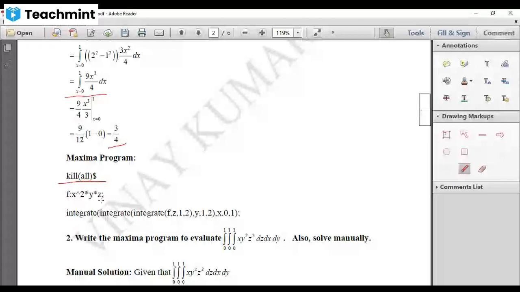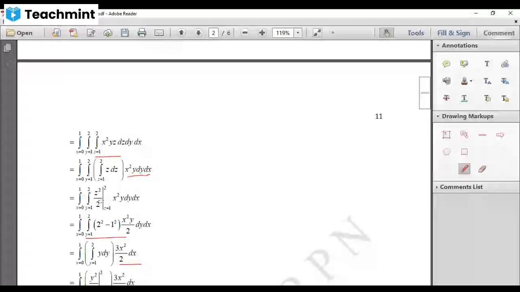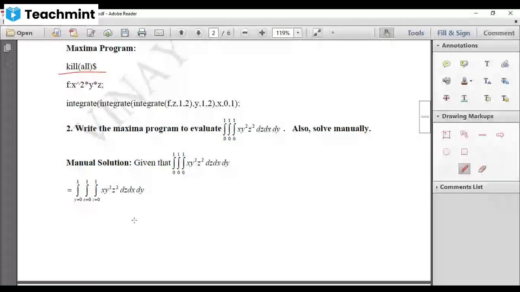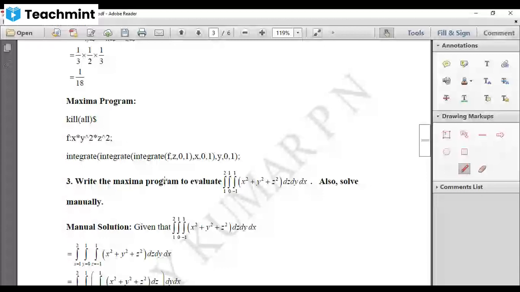After that, now you are having three times integration, isn't it? First, you have to integrate with respect to z. So first I have to integrate this function with respect to z. The innermost integral gives you integration of the given function with respect to z. Then afterwards, you have to integrate this answer with respect to y, not x.